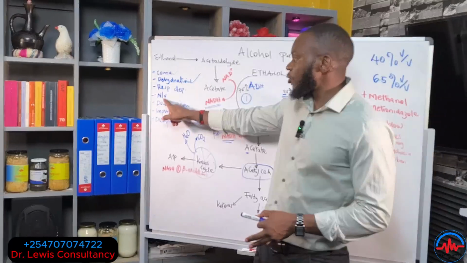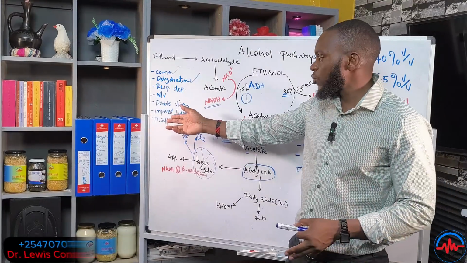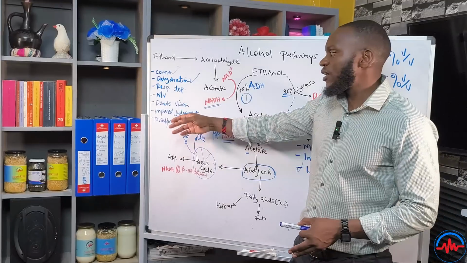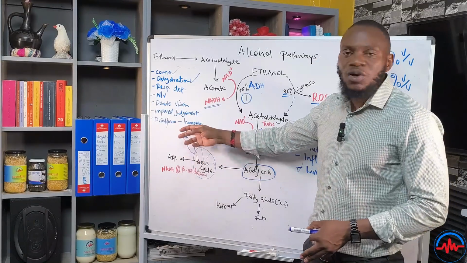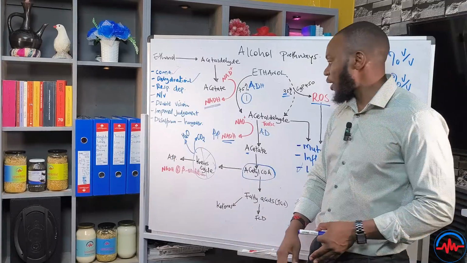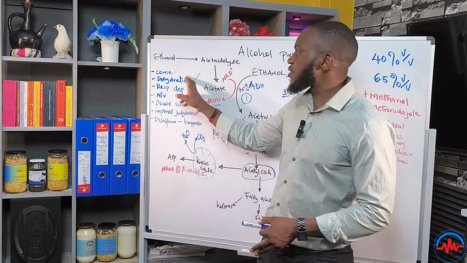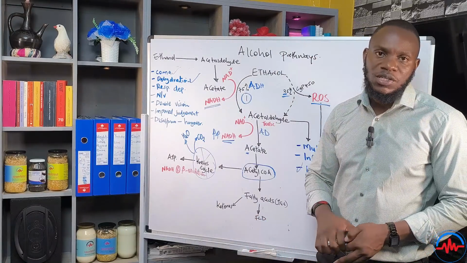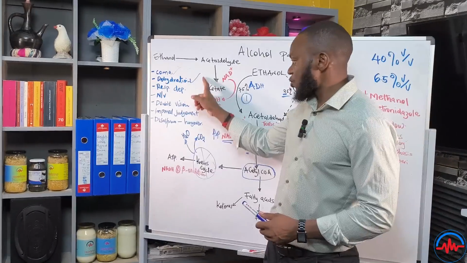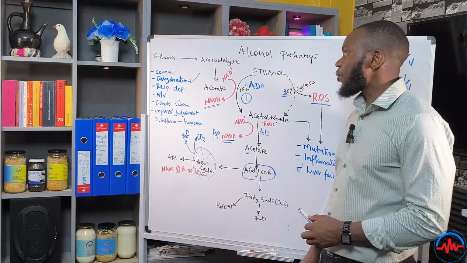Okay, and then of course we start from mild symptoms of intoxication like nausea and vomiting, and then double vision, impaired judgment. We also have the hangovers after the metabolism of alcohol, and this is coming in because of accumulation of acetaldehyde. But these are the extreme ones when you are totally intoxicated with alcohol. So again, these are basically the symptoms of alcohol intoxication.